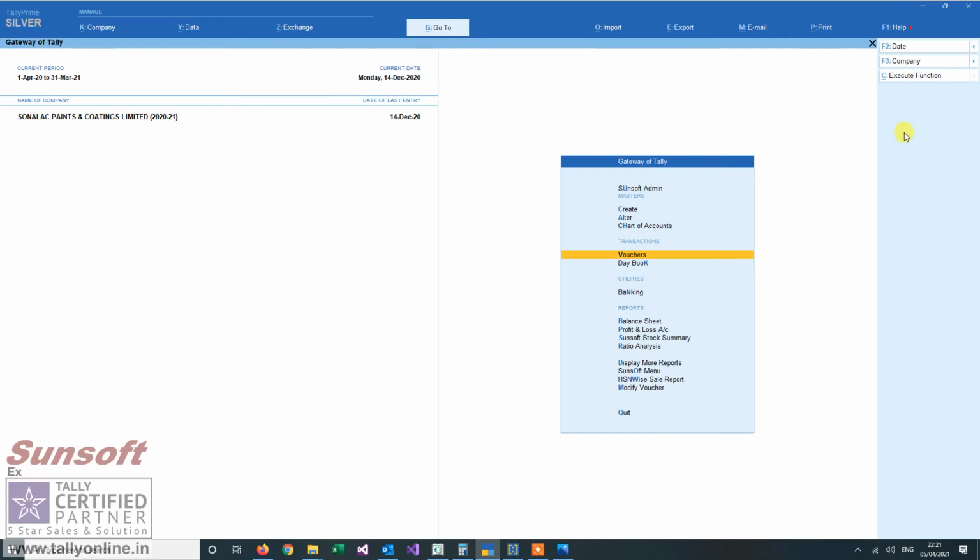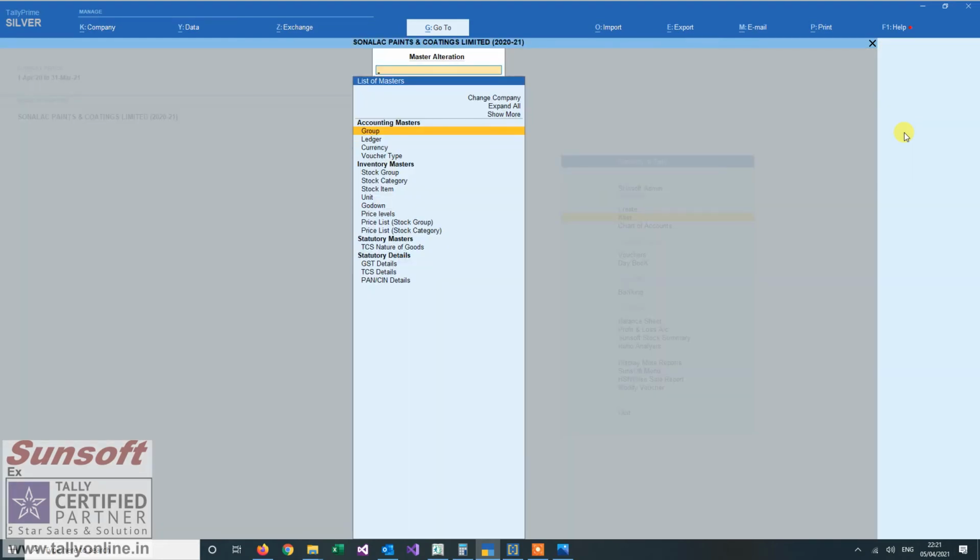I can also define a particular branch in the voucher type so that mistakes do not happen. In the case of sales invoices, suppose I want to carry a different voucher series for different branches.